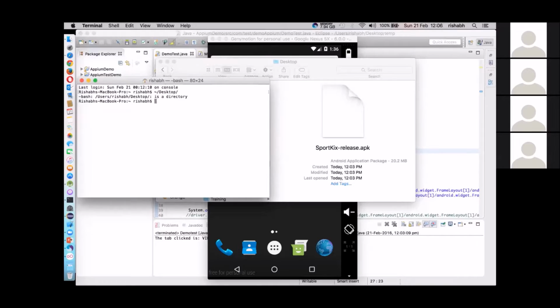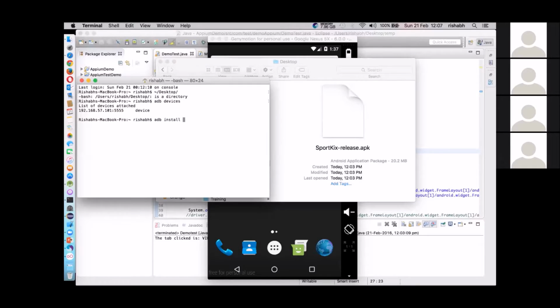First of all, I will check whether my device is connected or not. This is the command: adb devices. Using this, you can list the devices which are currently attached and active with your system. It says this device's name is 192.168.57.101 colon 5555 because it's an emulator. If you have attached your physical device, it will show the name of your physical device. So adb devices is the command using which you can list your devices.